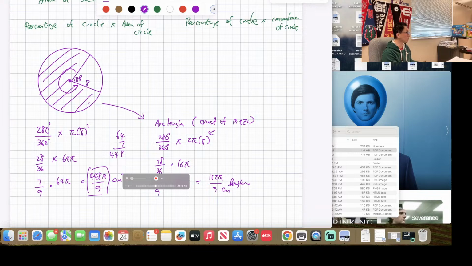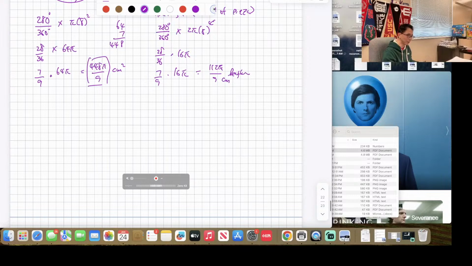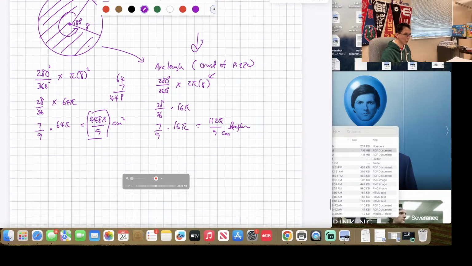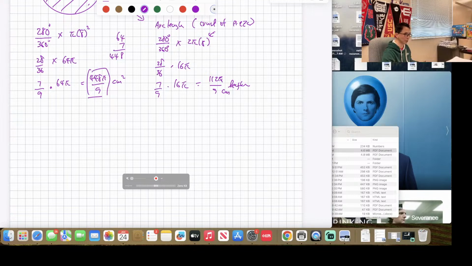Does that make sense? Now in pre-calc, they do have another equation to help you find the arc length. They do have this equation, but I don't like to use it. I actually prefer this equation because it's much more intuitive. But in case you want to find out what a pre-calc arc length question is going to look like,